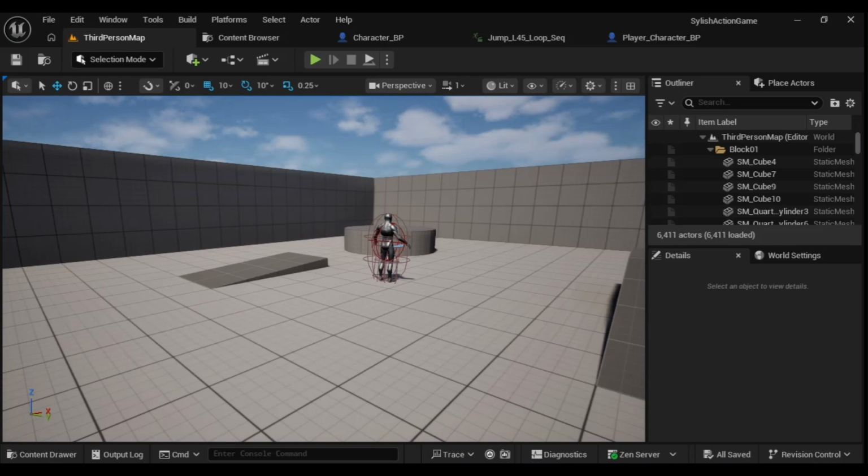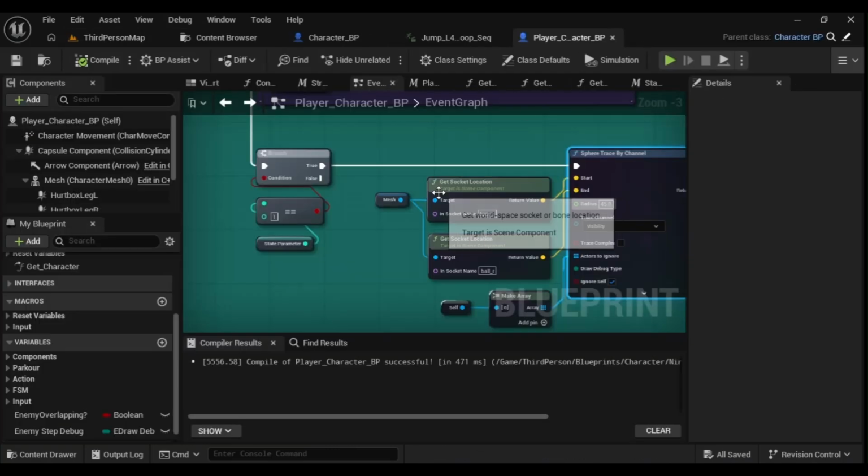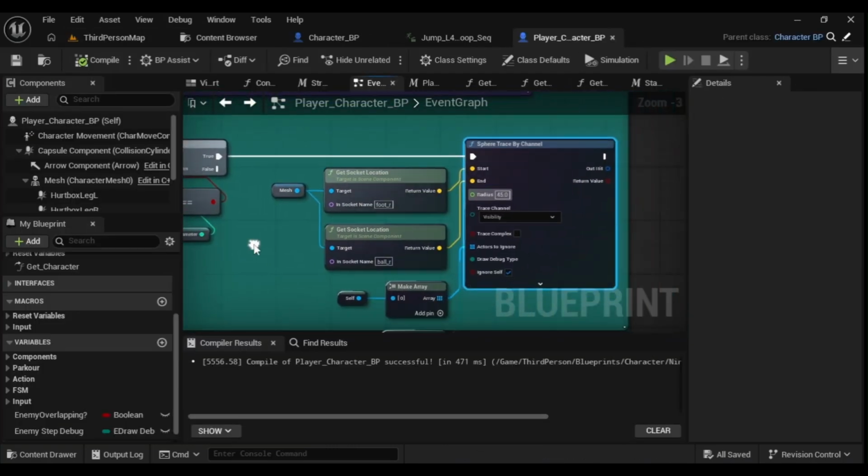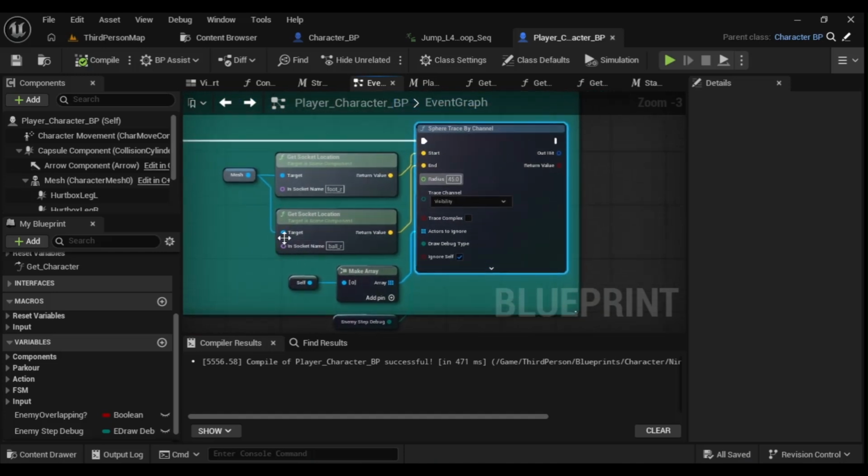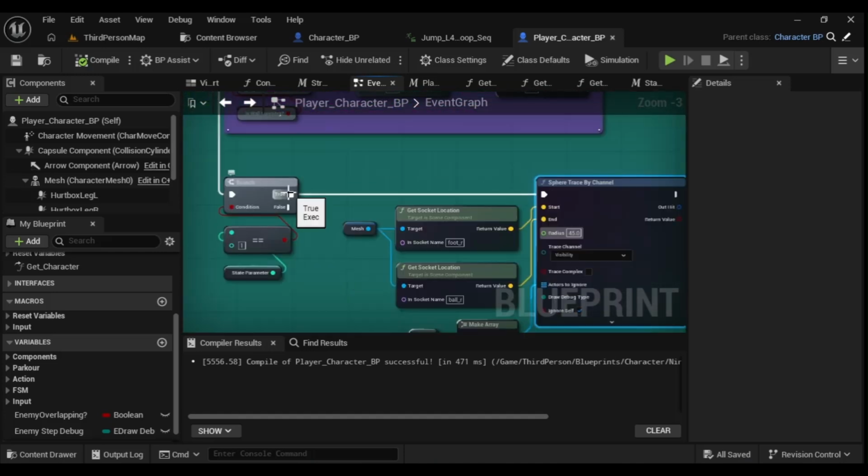Whenever I jump, I use that tracer to detect an enemy for me to jump off. So yeah,